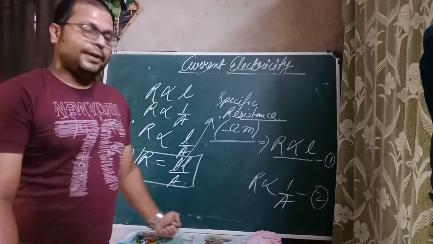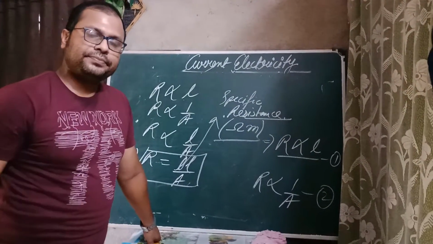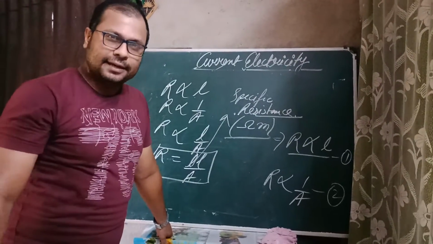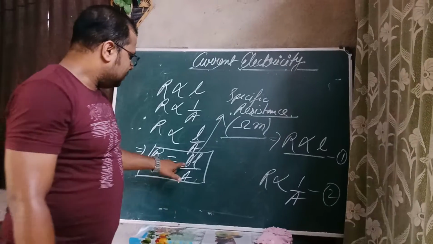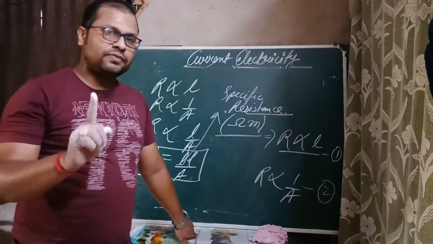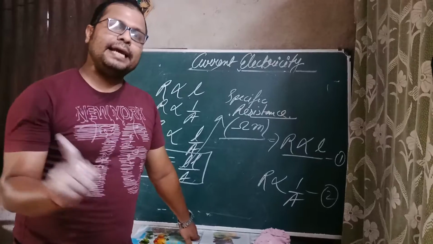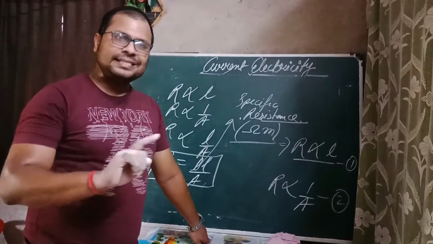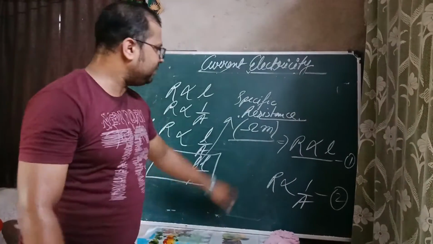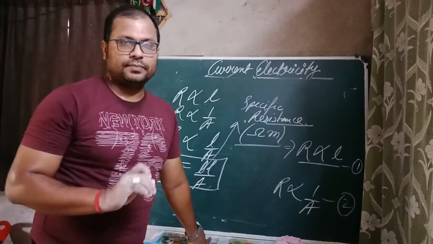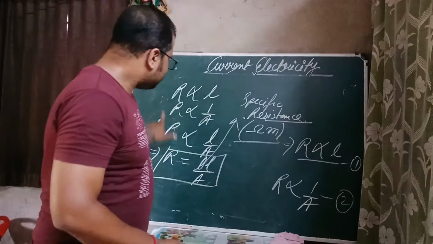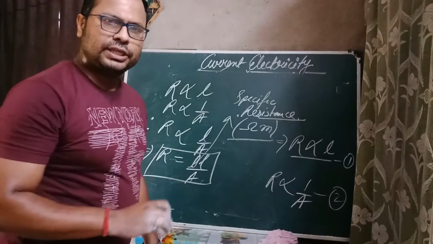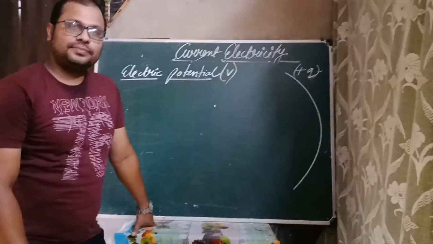One important thing I am telling you. Resistance of a wire can change depending upon its length and area, right? Whereas this specific resistance never changes for a material. It remains the same. If you are taking different lengths of copper wire, their resistance may vary, but their specific resistance will be the same. So with this note, this point is over. Further we'll discuss electric potential and potential difference.